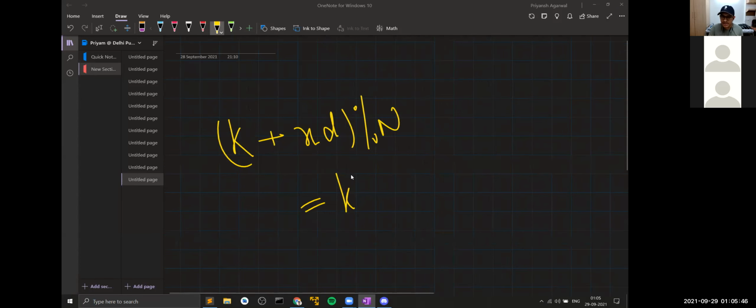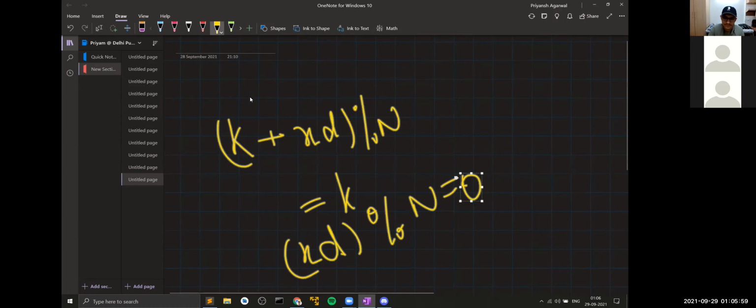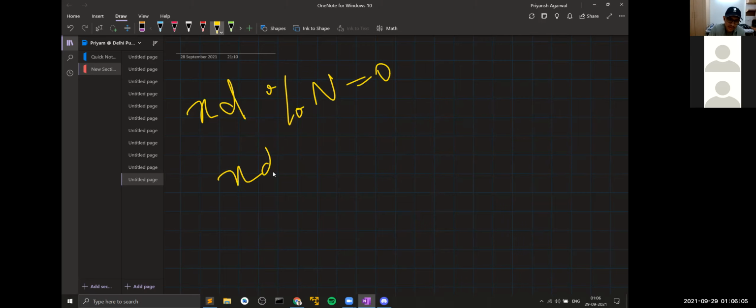Now, if this has to be the case, how can I split it? I want x times d modulo n to be 0. Only then this would be possible, right? So let me just write it here. x times d modulo n should be equal to 0. What this means is x times d should be a multiple of n, let's write it like k times n. Okay, this is what we want. Or let's not name it k, let's name it something like y times n.